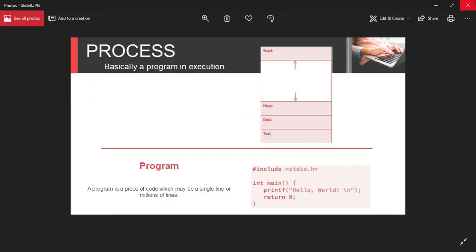So as we can see here, a process is basically a program in execution. So there's a stack, heap, data, and text. Inside the process, there is a program. A program is a piece of code which may be a single line or millions of lines. One example of a programming language is C sharp or C++ used by programmers in the IT world. And next slide,